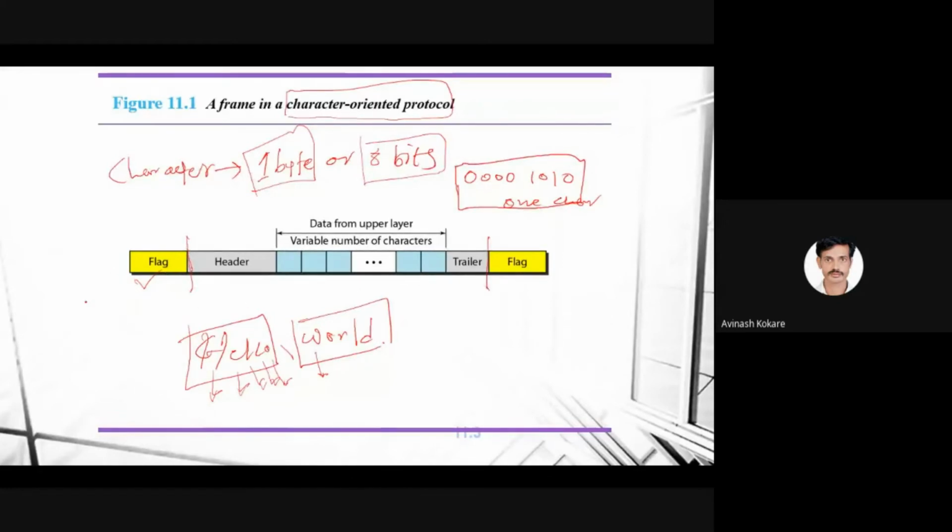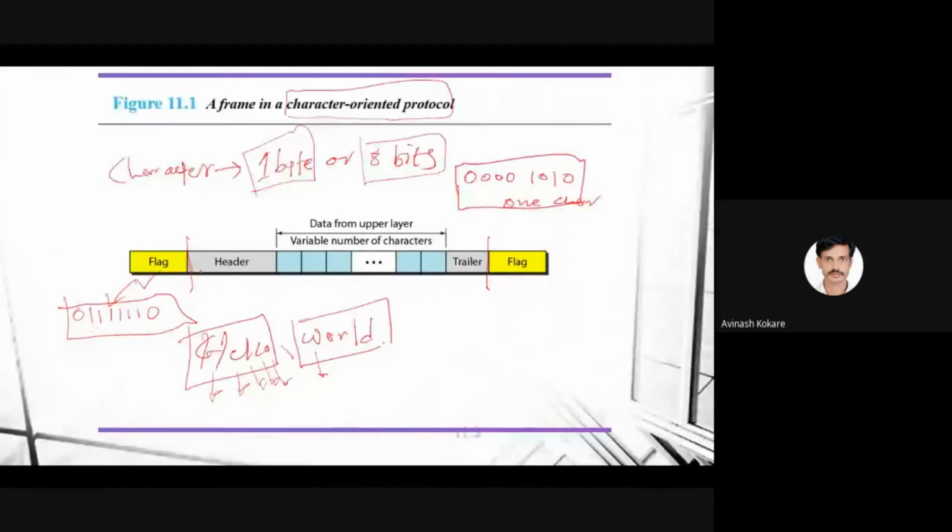Normally this flag is like this: 0, 1, 1, 1, 1, 1, 1, 0. This sequence of bits is used for representing a flag. Whenever you find this byte, that means 8 bits, starting from 0, ending at 0, and in between all ones.